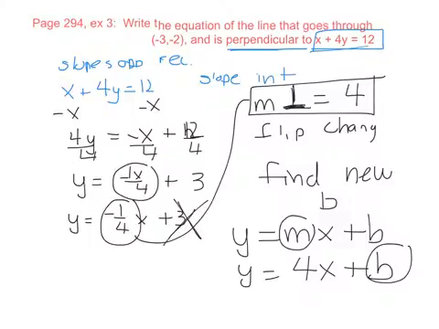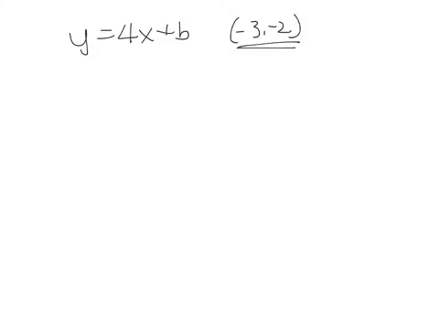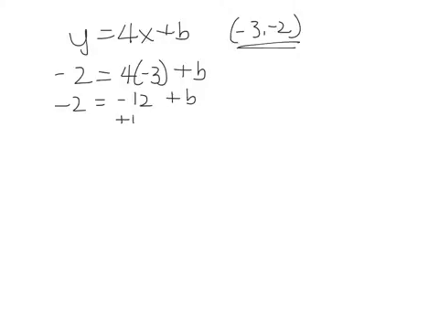I'm going to be able to do it because they've given me a point, giving me my x and my y. So I'm going to rewrite this equation, y equals 4x plus b. I'm going to write down the point that they gave me, negative 3, negative 2, and substitute that in for the x and the y in this equation. So I have negative 2 equals 4 times negative 3 plus b. Negative 2 equals negative 12 plus b. Add 12 to both sides, and I have